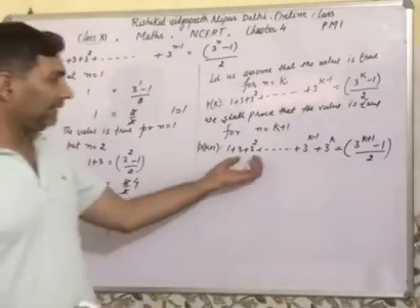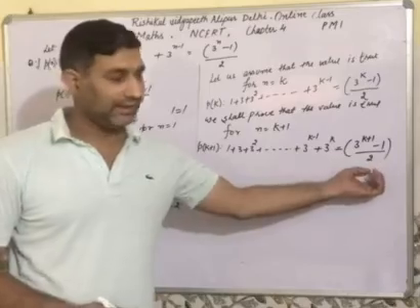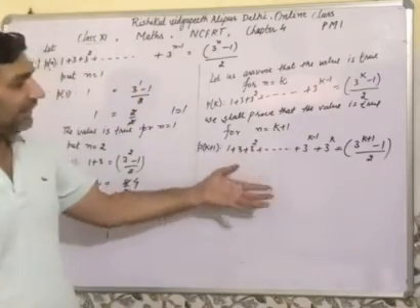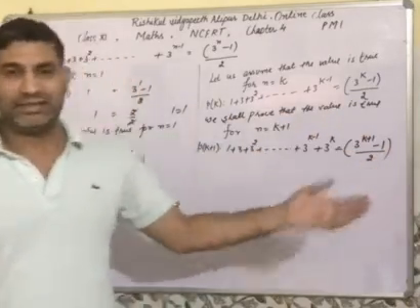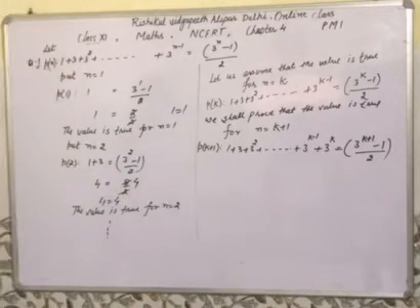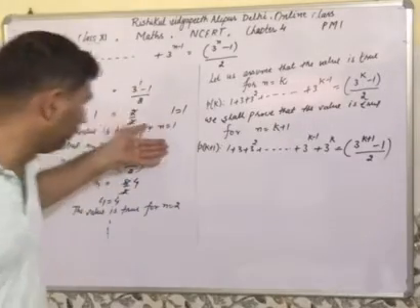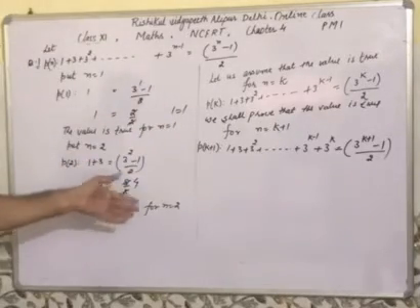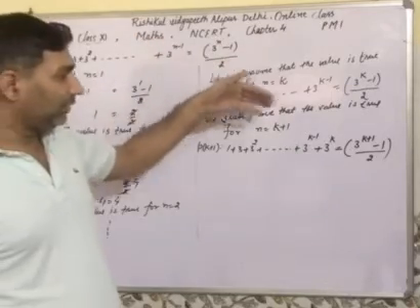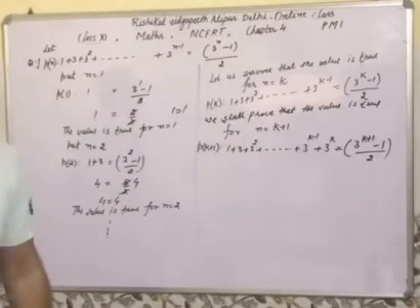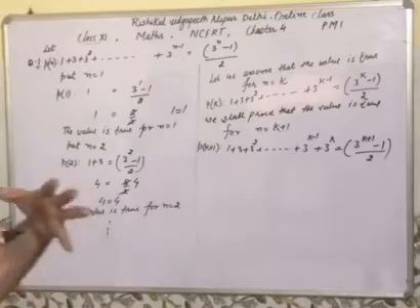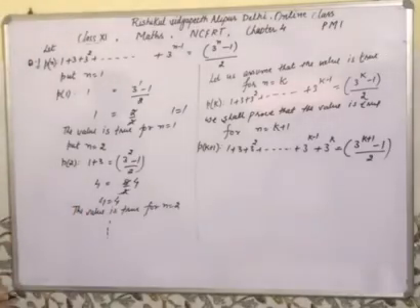ये हम प्रूव करेंगे. This left hand side is equal to right hand side. If this left hand side is equal to right hand side, then we say that the value is true for n belongs to N, all natural numbers n. कि ये जो वैल्यू है ये हमने 1 के लिए ट्रू की, 2 के लिए ट्रू बताई, k के लिए एज्यूम कर दी, और k plus 1 के लिए अगर हम इसको प्रूव कर देते हैं the value is true for all natural numbers n.